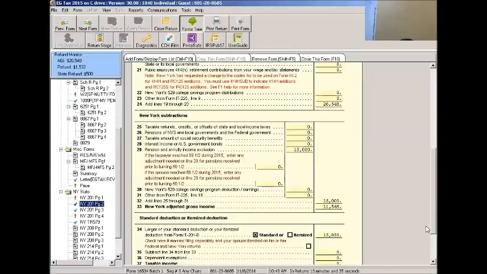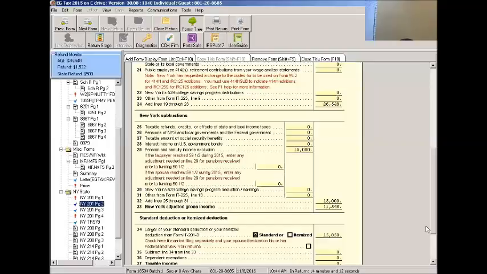What do you see on that line for you? 15,000, okay? And it says, if the taxpayer reached 59 and a half during 2015, enter any adjustments needed on line 29. This used to do this to prorate it, because if I was born in January, I turned 59 and a half when? Sometime in June or July. Okay? So you got to kind of do that. In that case, they would only get half of the exclusion. But what this is saying is,